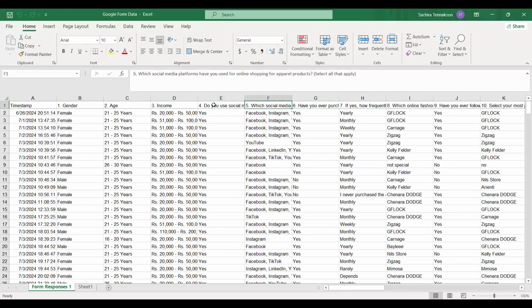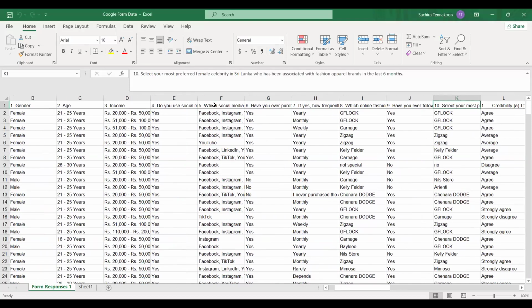So this is a study which is looking into social media platforms and online shopping for apparel products, right? So this is what you are getting.